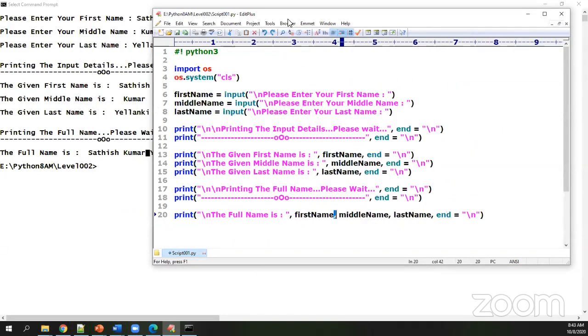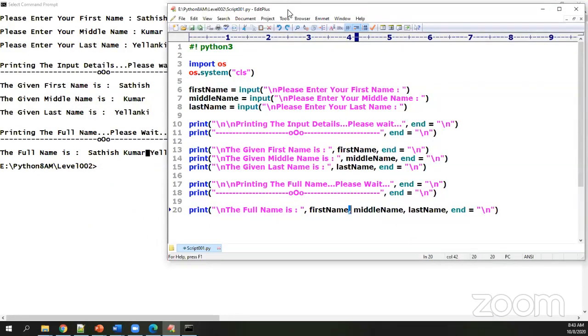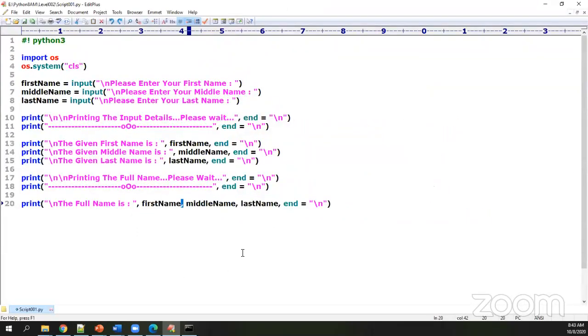Are you clear? Your variable declarations and inputs. Now here there are a few things I want you to keep in mind always.